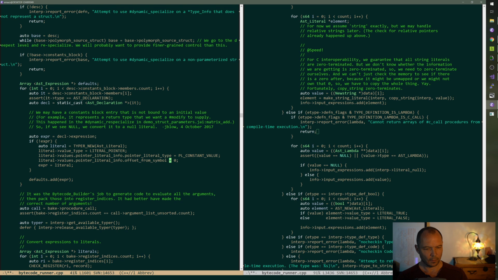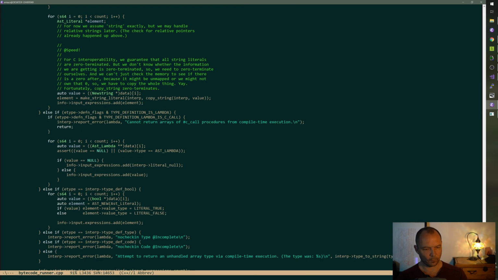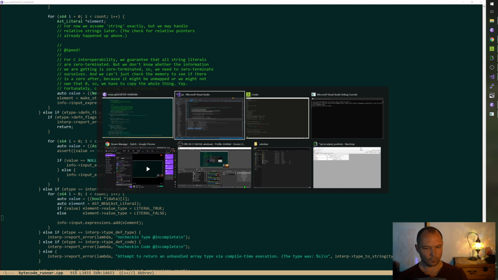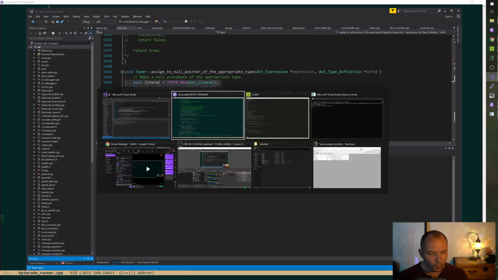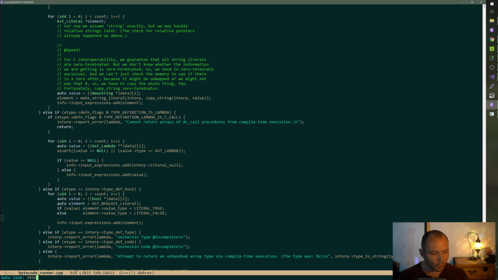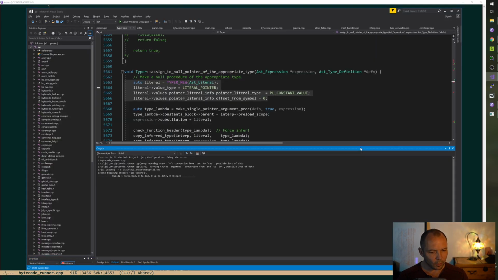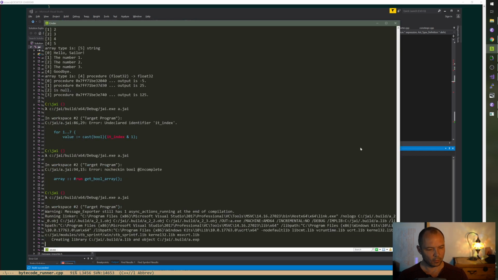Okay, so that's a null pointer literal. Input is in the very literal info. What am I doing? Info input underscore expressions. All right.